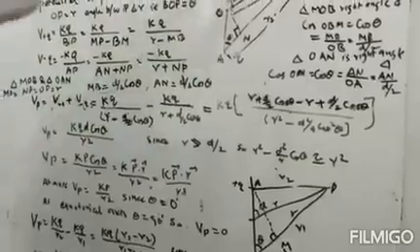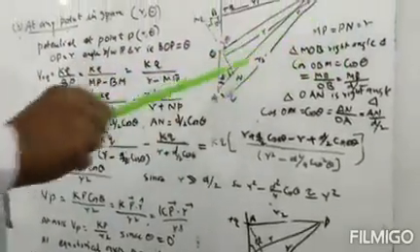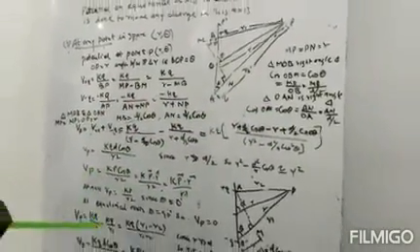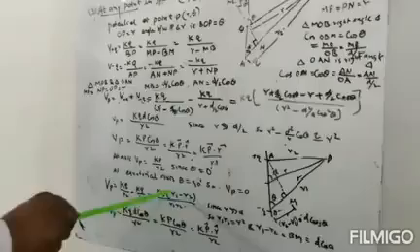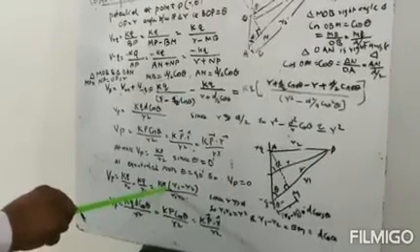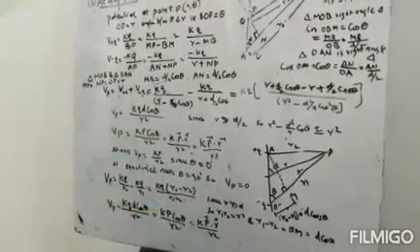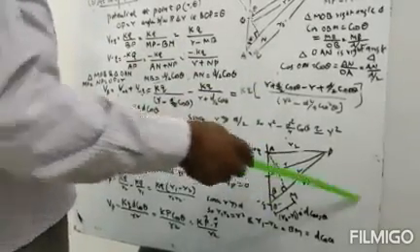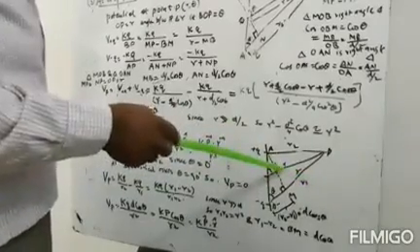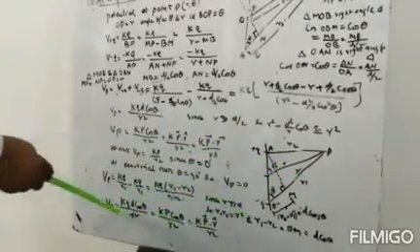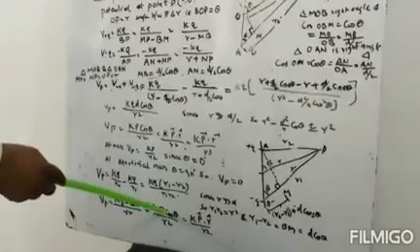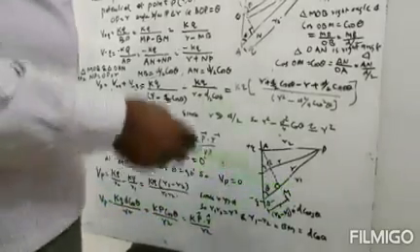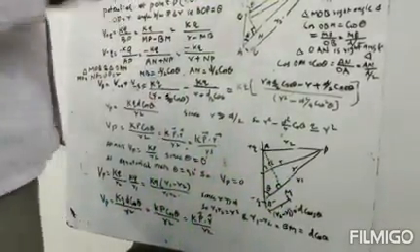Now if we want to find the potential on the axis, then theta will be equal to 0. Now you put theta equal to 0, then on the axis it will be equal to Kp divided by R square, which I found earlier. And if on the equatorial plane, which is at right angle, then theta is equal to 90, cos 90 is equal to 0. So Vp will be equal to P cos 90 over 4 pi epsilon 0. This will be equal to 0. So we can find this very easily. This is one method.